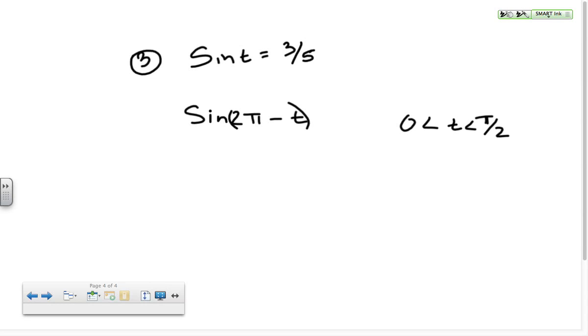So keep in mind that if it's between 0 and pi over 2, the sign is going to be positive. That's why we have that value there. What is it going to be? Now you know that